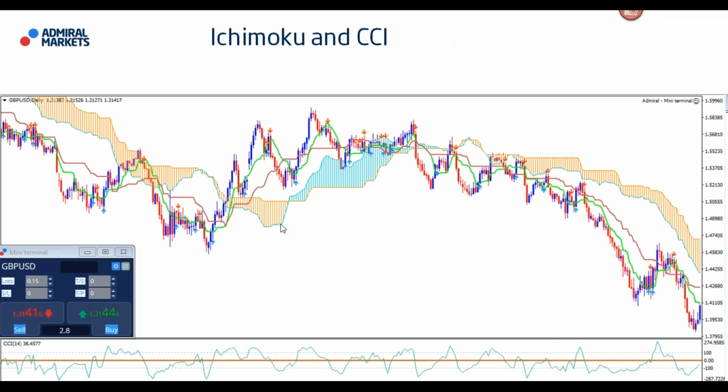Ichimoku and CCI. So Ichimoku takes over from moving averages and explains how we can dissect and understand the market structure. CCI is in a way like a trigger here, so it's, in a way, the opposite of what you typically would expect. In this case, simply said, we're looking for price to, let me get rid of this chat box here. Good.